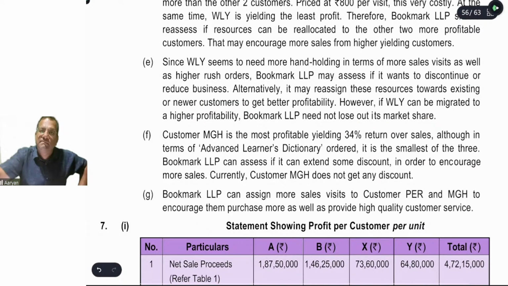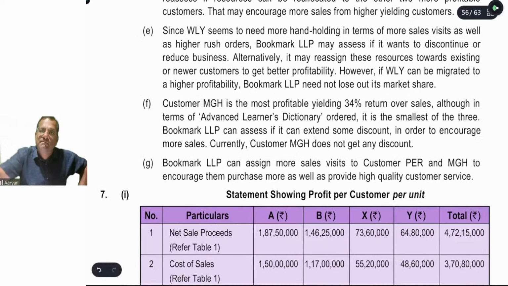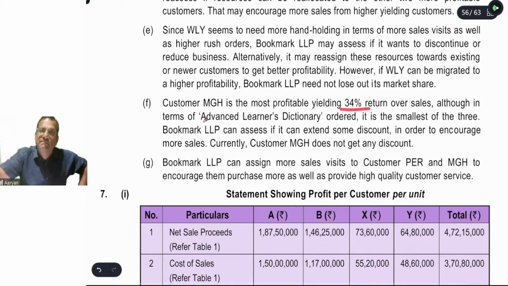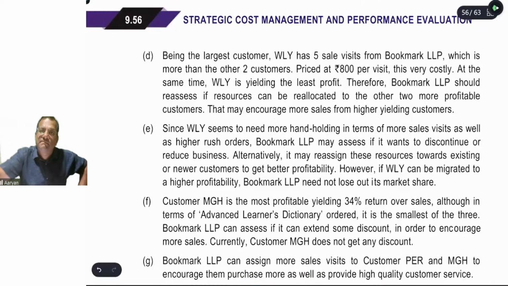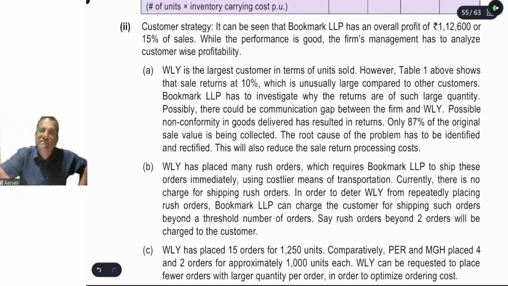तब इस कस्टमर को आपको टर्म्स एंड कंडीशन रीनिगोशिएट करके वापस से अपने फेवर में लेना पड़ेगा, है ना। और फाइनली ये दिया है कि जो हमारा सबसे प्रॉफिटेबल कस्टमर है एमजीएच, 34% रिटर्न, इसका वॉल्यूम सबसे कम है, तो क्यों ना हम इसको थोड़ा डिस्काउंट ऑफर करें ताकि हमसे ज्यादा वॉल्यूम ले। समझ में आया बेटा? बहुत सिंपल, यही आंसर एक्सपेक्टेड है आईसीआई में।